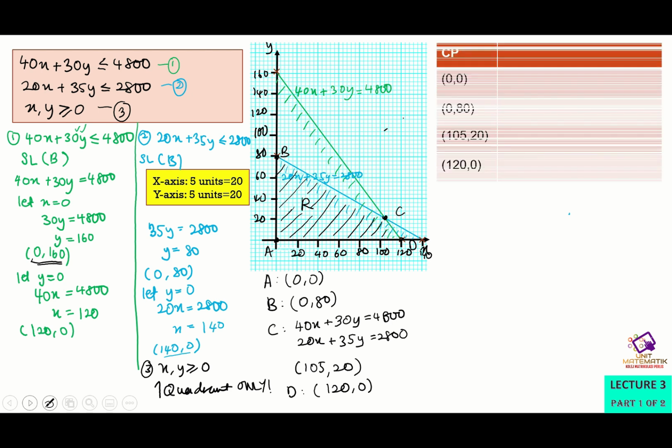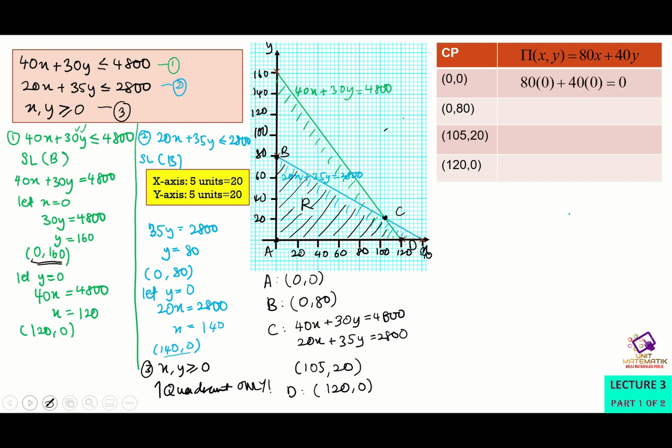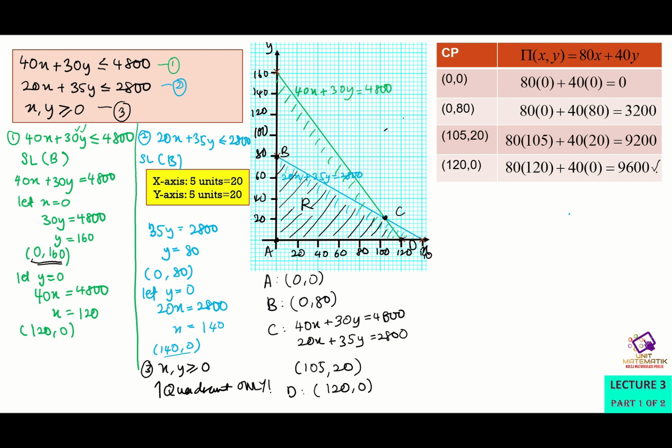Alright, so draw your corner point table, and then your objective function is P(x, y) equals 80x plus 40y. Okay, and then put the respected corner point inside the objective function and compute the value. Okay, and here you can see and compare. The maximum value would be at point 120, 0, because this is the maximum. We need to find the maximum profit. Please remember, our objective is to find the maximum profit. So the maximum value would be